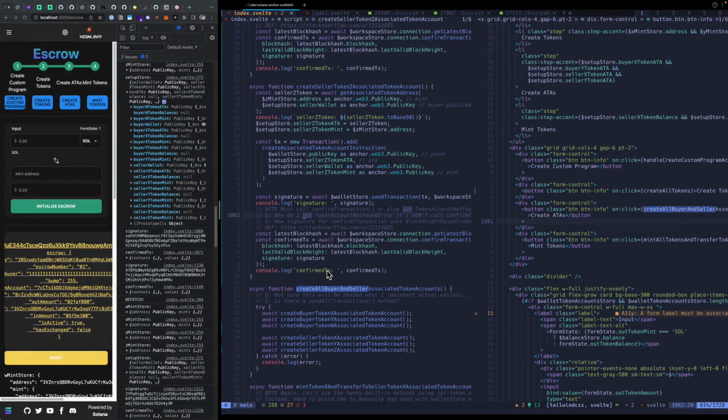Let me get my login for this guy, and then we should be able to see what happens. If I log in here, this guy is going to have different